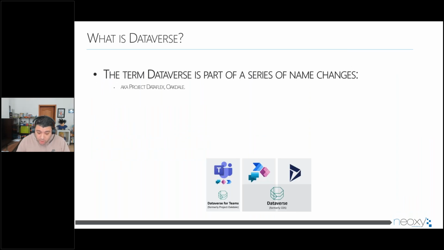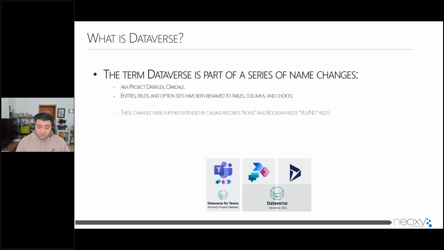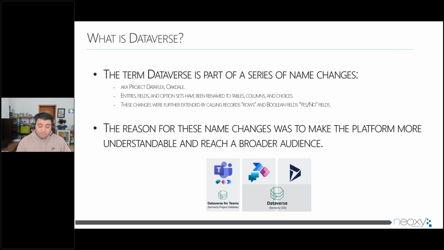Dataverse, for those who don't know, is actually Project Dataflex or Oakdale or CDS. It has had a lot of names, but Microsoft made a lot of changes to Dataverse. They made it extremely simple. They changed names such as tables, columns, and choices from entities, fields, and so on. So they want to really get rid of those CDS and Dynamics era names for something that everyone could understand. And that's the reason why today within Dataverse we have tables and not anymore entities, or columns and not fields,